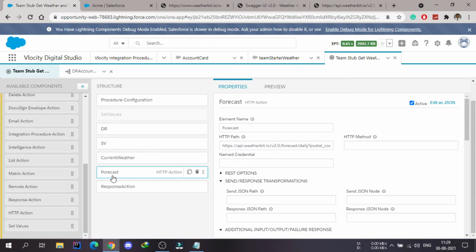Let me go back, and instead of that whole key I will use the shorter format which we have created. So I will paste it here, and instead of this postal code I will copy this data raptor account postal code inside this merge operator, and I will paste it here after the postal code.